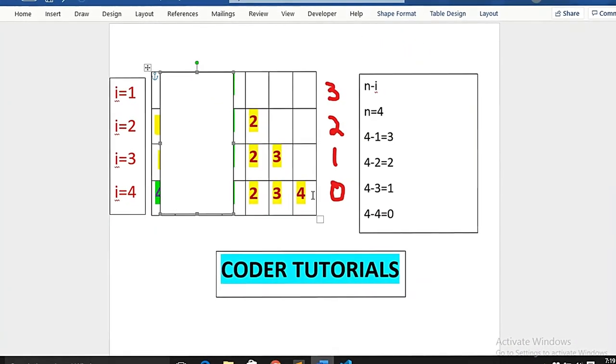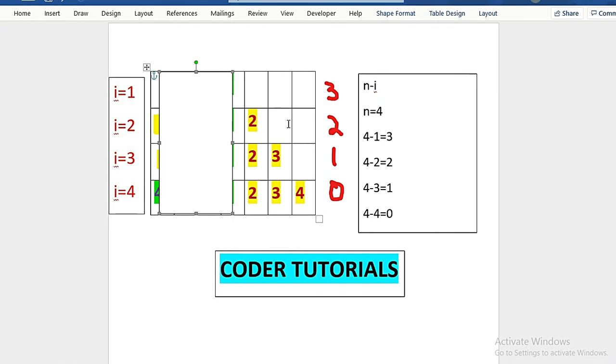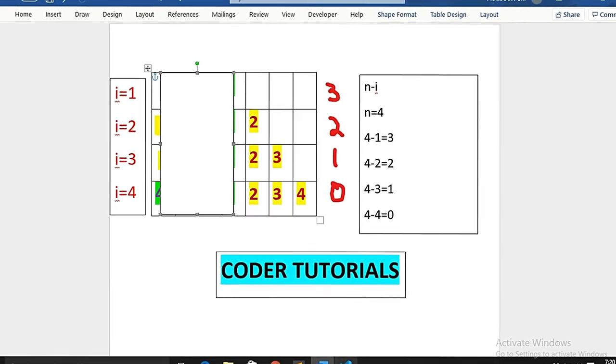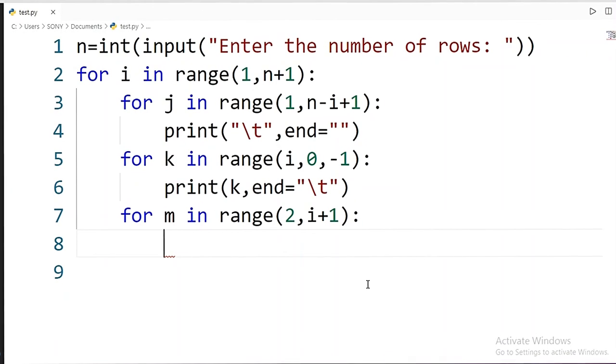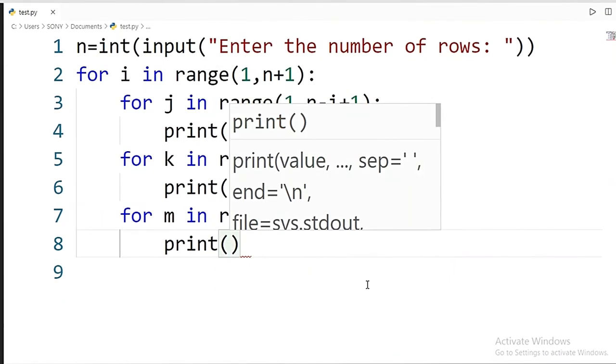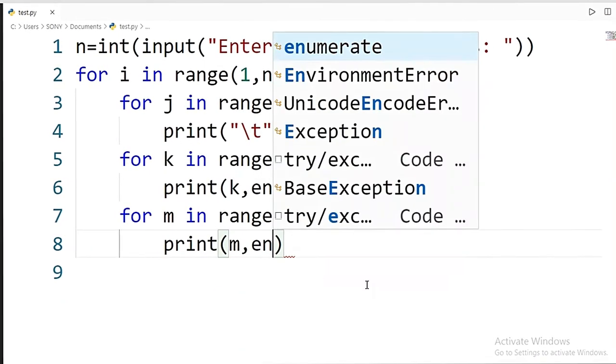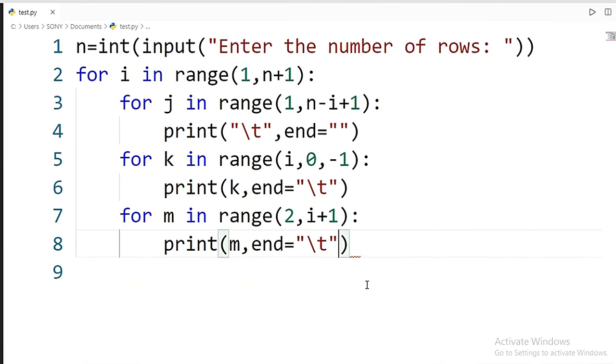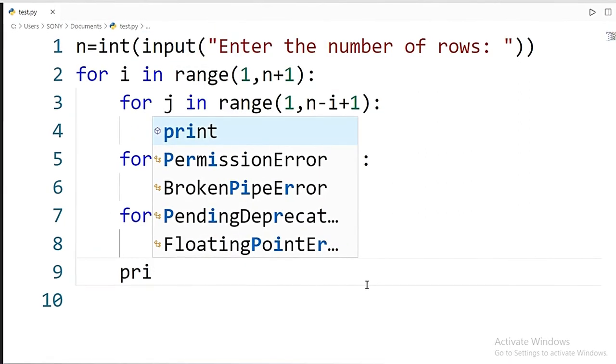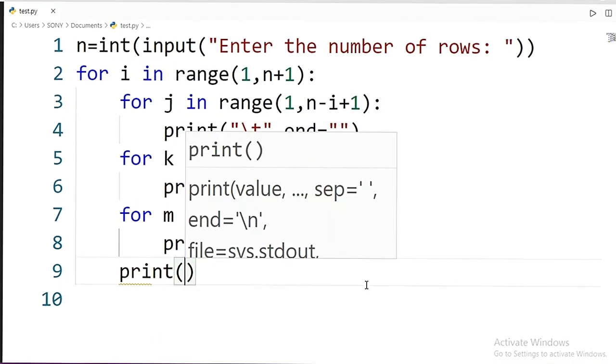See, this was the part I am talking about. This is the 2 comma 3. It will run, because here the I value will be equal to 2 and I plus 1 is equal to 3. So it will start printing from 2 comma 3. So 1 before 3, so 2 gets printed. So this is how the pattern will be followed, and we are going to print the number m itself, comma end equal to tab character. Now we are going to move to the next line after printing all these things.